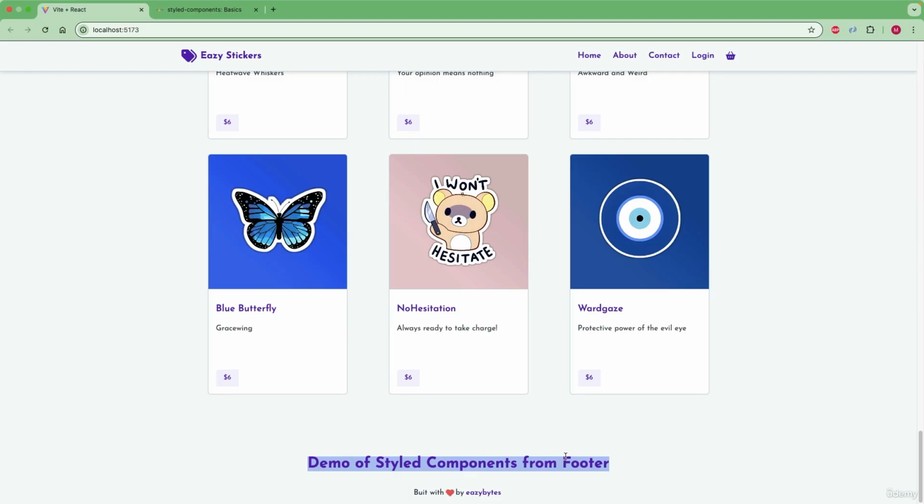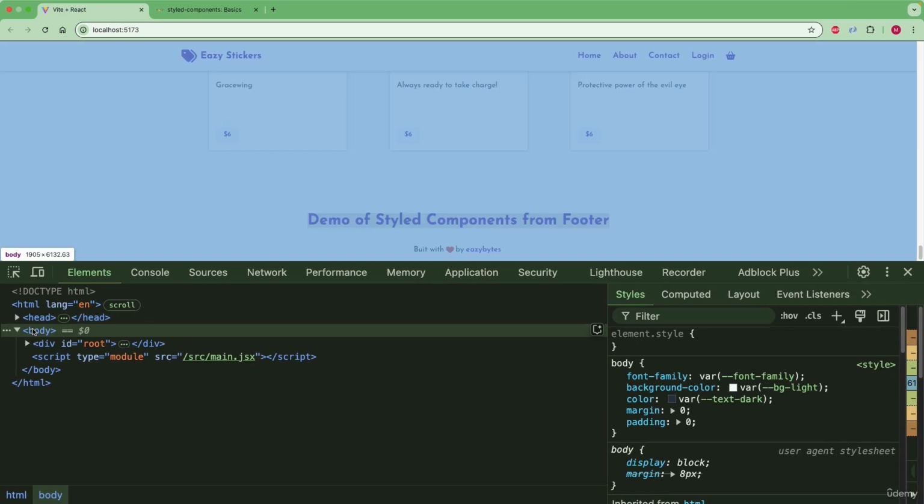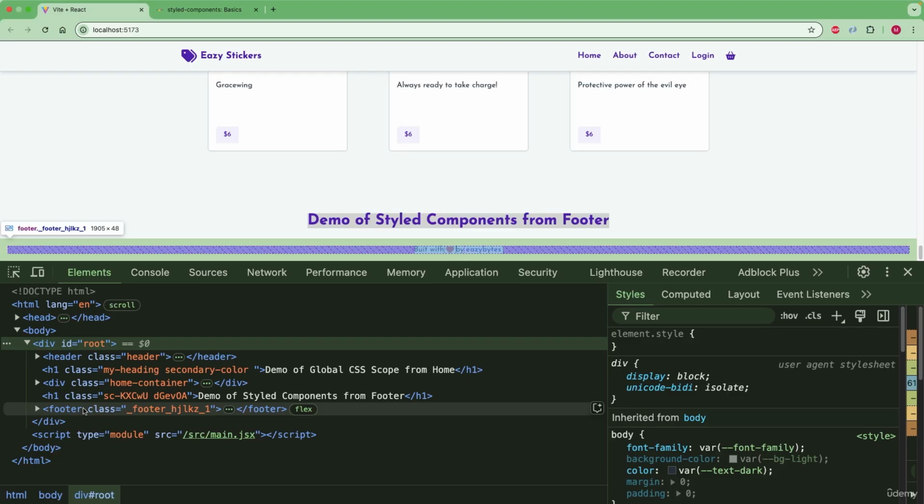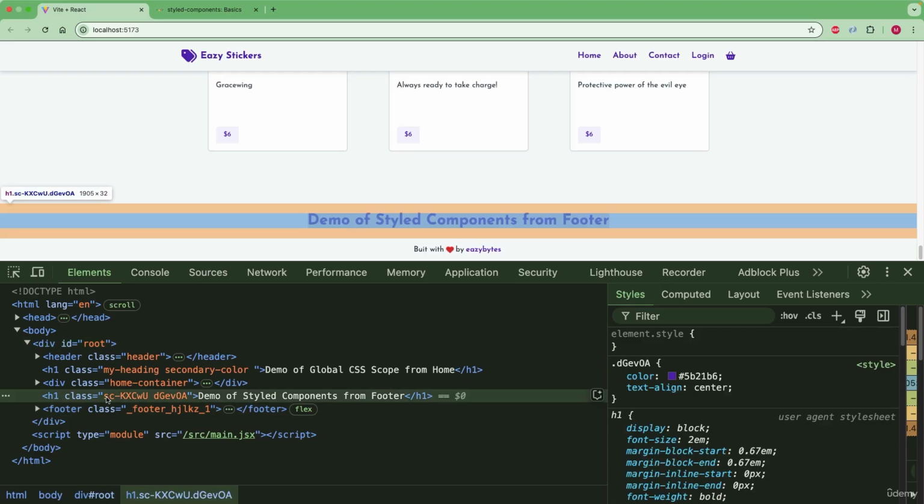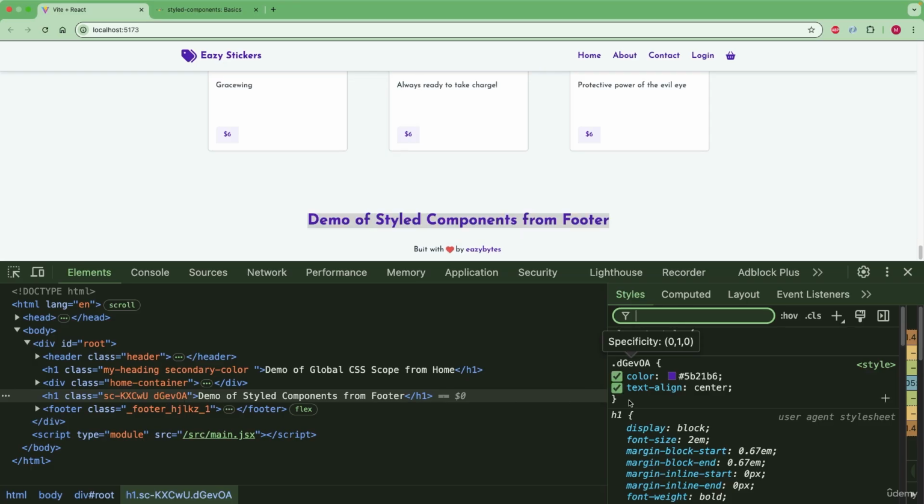This styling we are getting from the styled component that we have created. Let me open the console and try to see what code we have. Just above the footer, there is an h1 tag. It has some random CSS class name. And this CSS class, which is ending with DJOA, has all the attributes and values